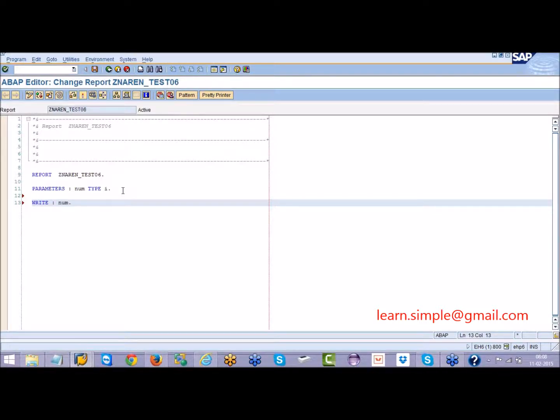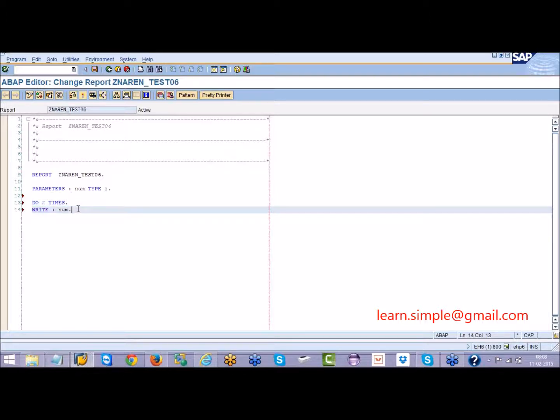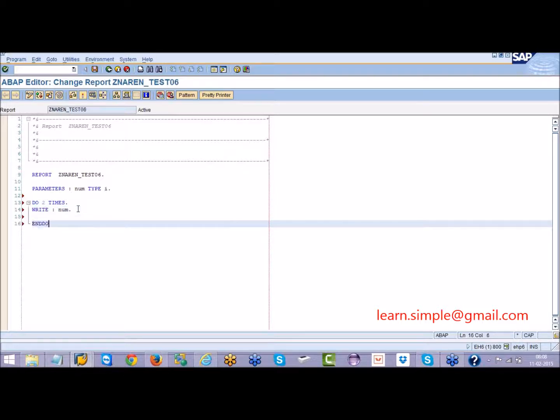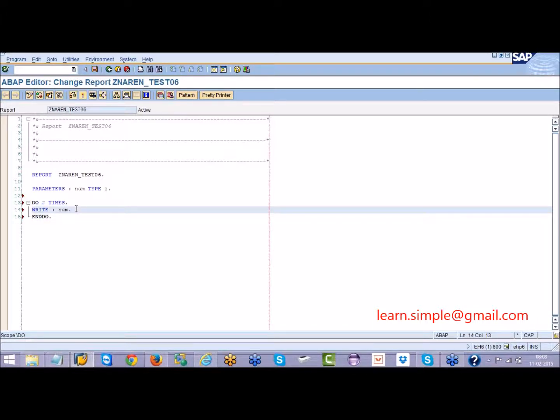Sometimes what will happen, the same variable you have to display again and again and again. So in that case, what you can do is you can make use of do, for example, 2 times. Do always has end do. So any syntaxes, if has an end if, case has end case, similarly do has end do.